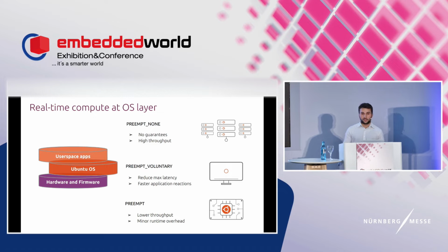So for instance, among the different preemption models, server workloads, high-performance computing machines often adopt what we call a non-preemption case. This is the traditional Linux kernel preemption model, and it often maximizes the raw processing power of the machine, irrespective of the scheduling latencies. The more we try to minimize the latency and we try to have a bounded response time, we will have